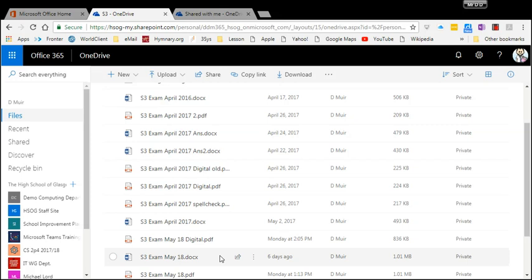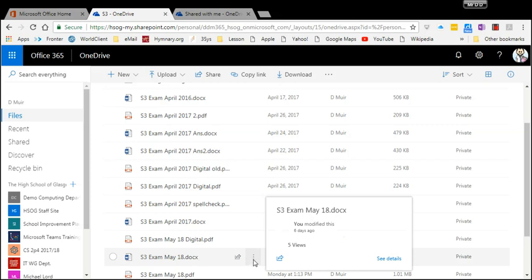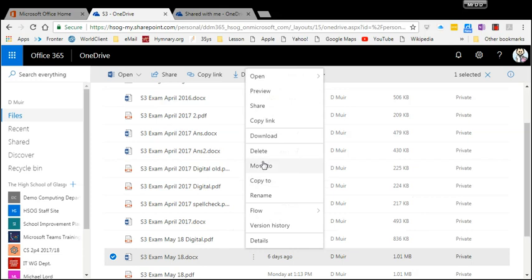There's usually more than one way to skin a cat. So for instance, the three wee dots here show me all the things I can do to this particular file. So there will be obvious things like move it, rename it, delete it, and so on. But you can go straight to editing it rather than going via preview